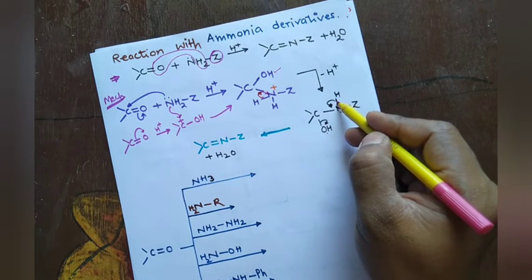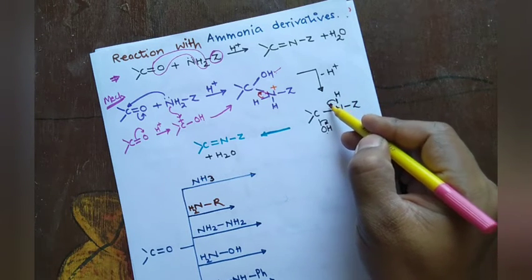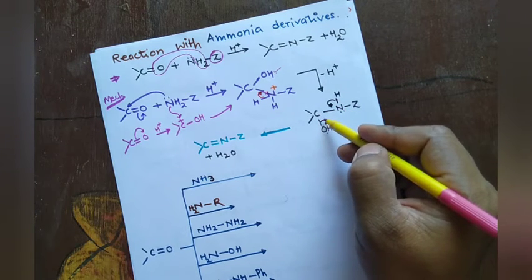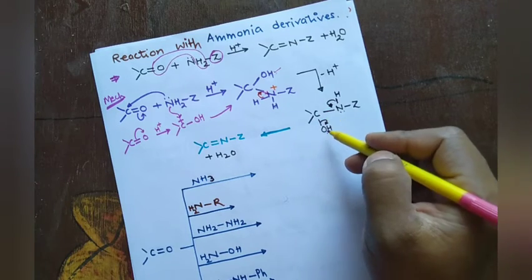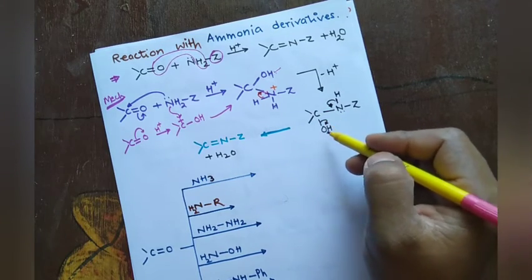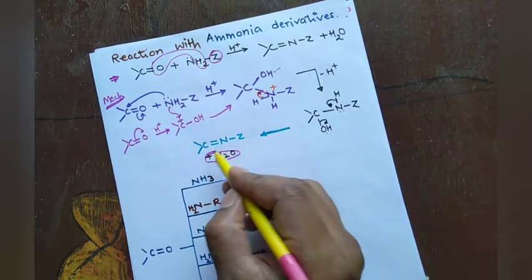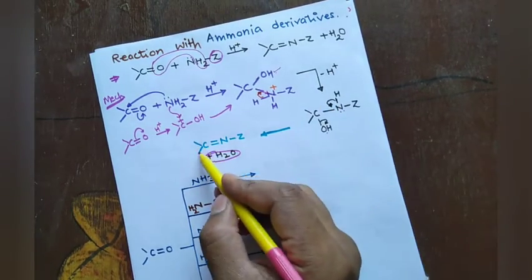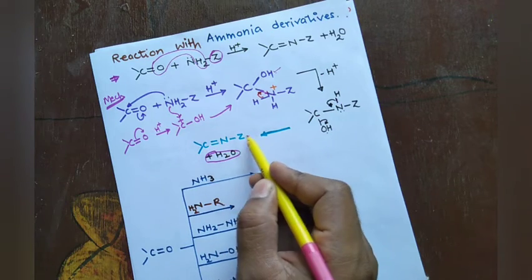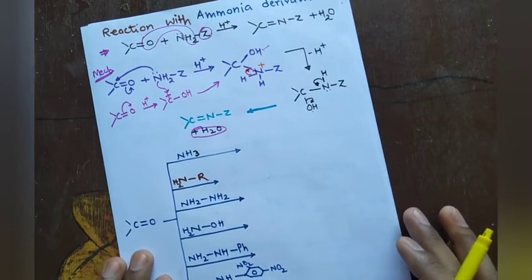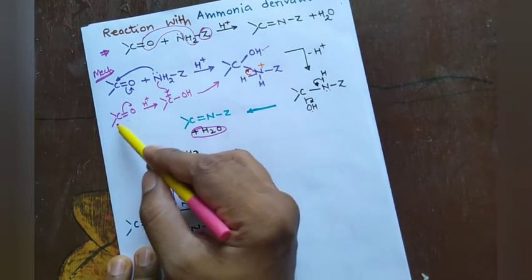The bonded pair of hydrogen is going to come over the carbon nitrogen bond, and this OH group takes away the bonded pair between carbon and oxygen, resulting in release of H2O. What is left then? C double bond NZ. Is that clear?